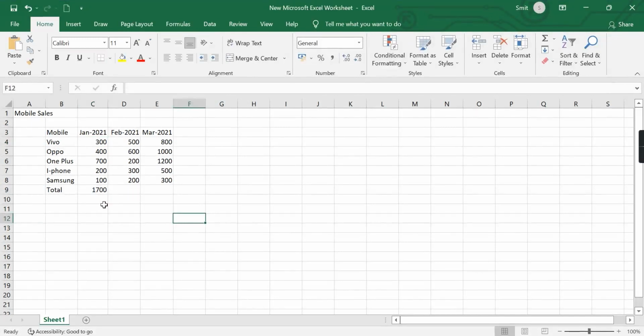My result, my sum will decrease to 1700. Why is cell referencing very important? Because you can also change the values and accordingly your summation will change. Similarly, you can also